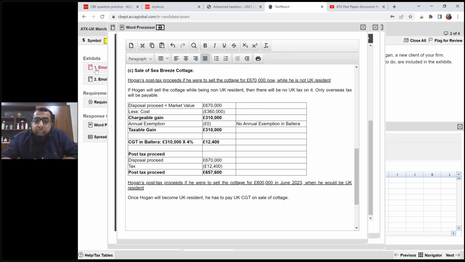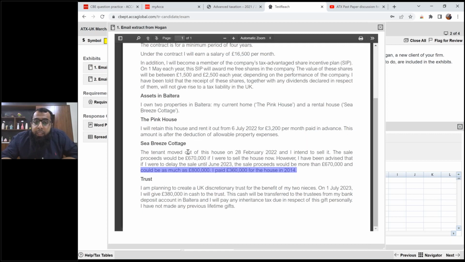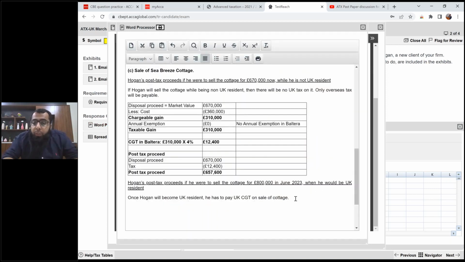Now, if you look at the property, the tenant moved out of his house. This cottage is a residential property because the tenant is living in this property. It was a house, a residential property. So UK CGT will be at the rate of 28% as the cottage was a residential property